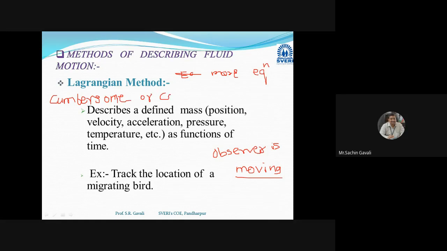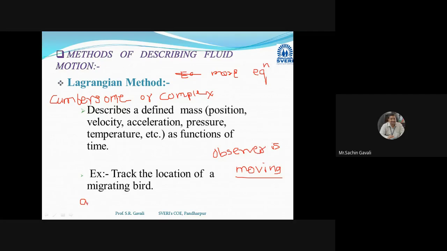Complex, because for each and every fluid particle we have to write separate equations. The observer also has to move with that particular fluid particle, and more equations will be generated, because the fluid flow consists of a large number of fluid particles. So each fluid particle's motion we have to observe, write the equation, and trace the particle, and therefore the fluid flow equations will become more and more, and the method will become cumbersome and complex. Hence this method is accurate, because we have to consider